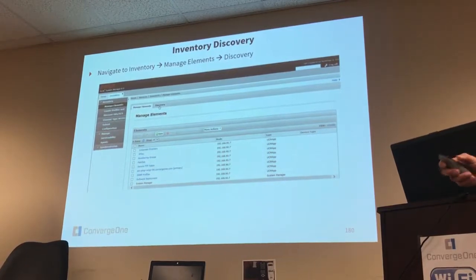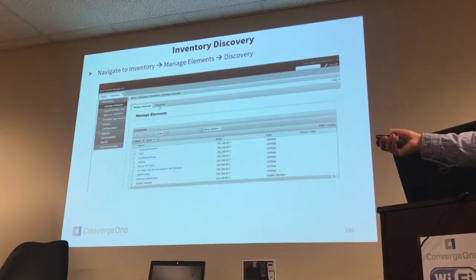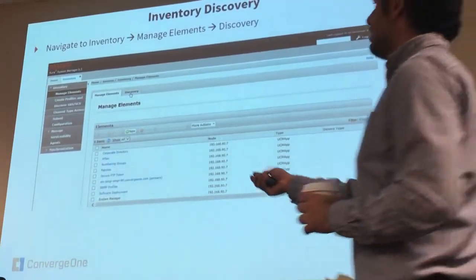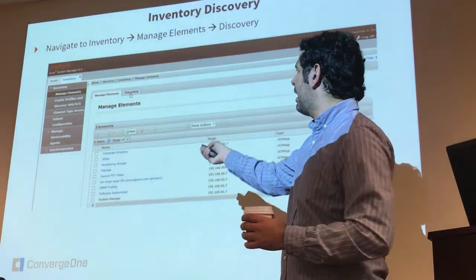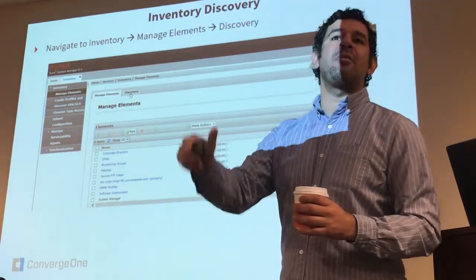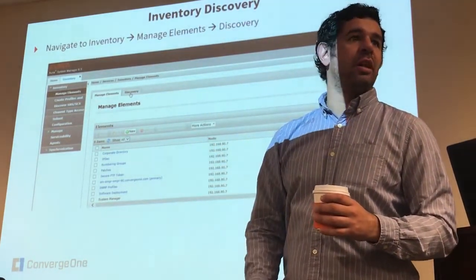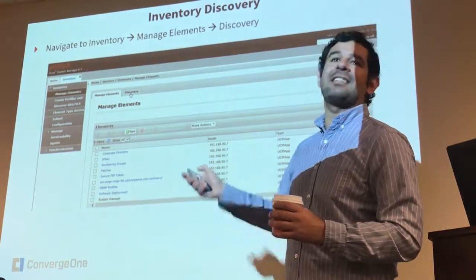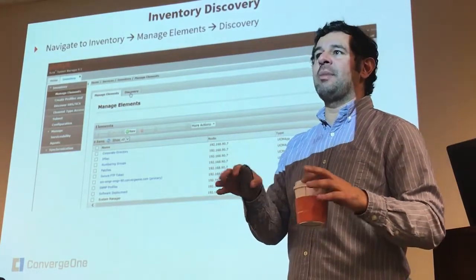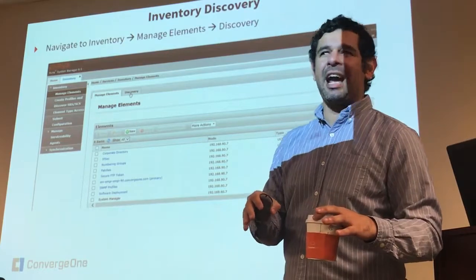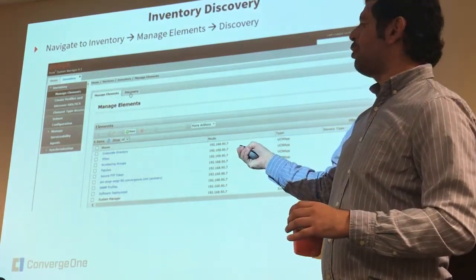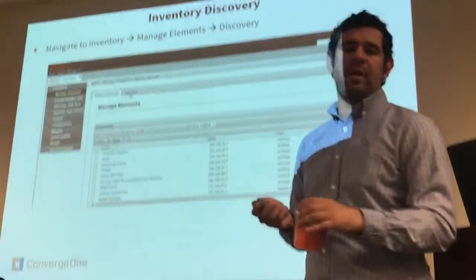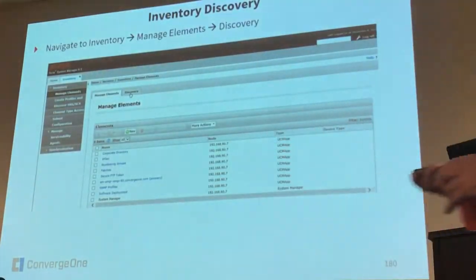So how do you do it? When you go to the inventory and go to manage elements, these are the two ways that I was saying. If you go to manage elements and click on new, that's a manual way to add applications to the inventory. As a matter of fact, that's how I added yesterday the dummy messaging system. Remember, I manually did it. And if you go to the next tab, there is this discovery tab that allows you to discover